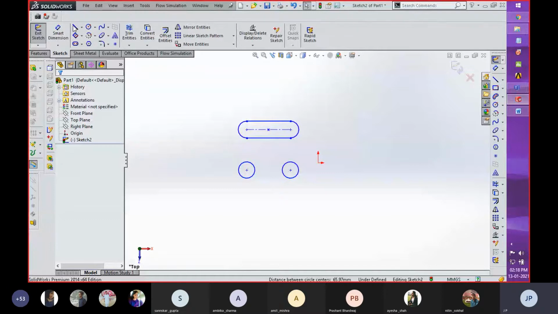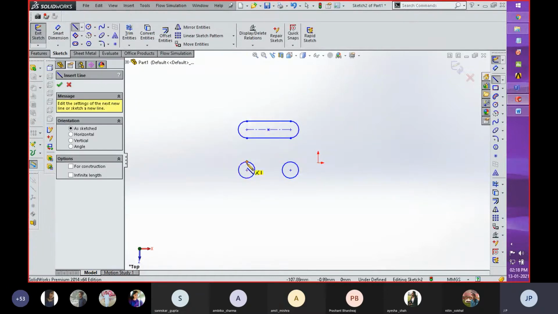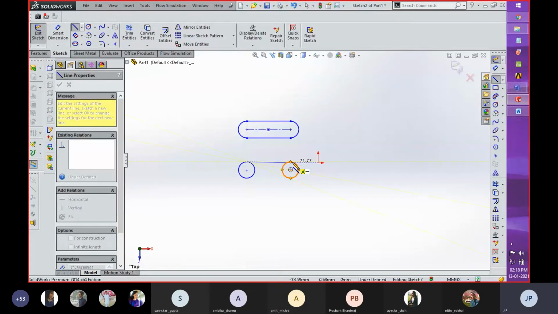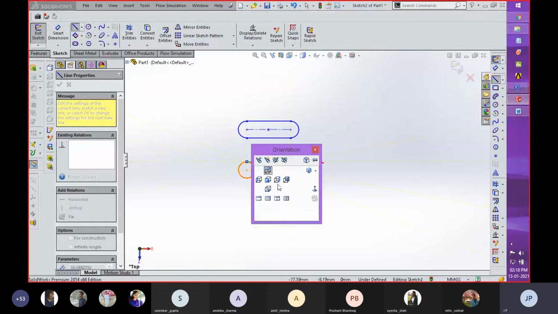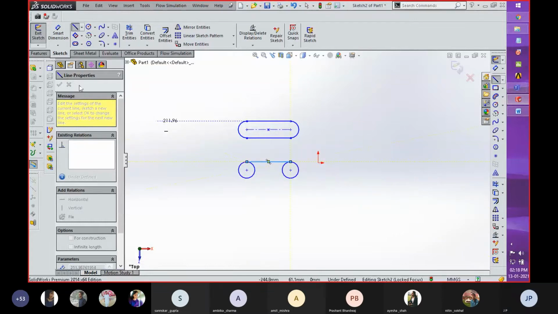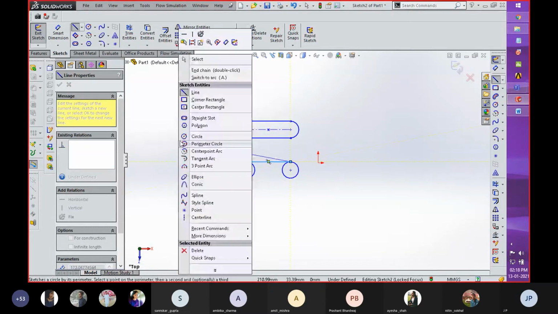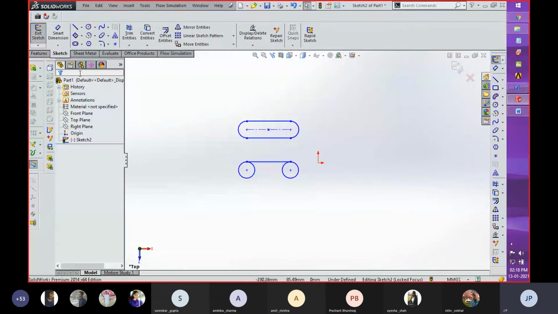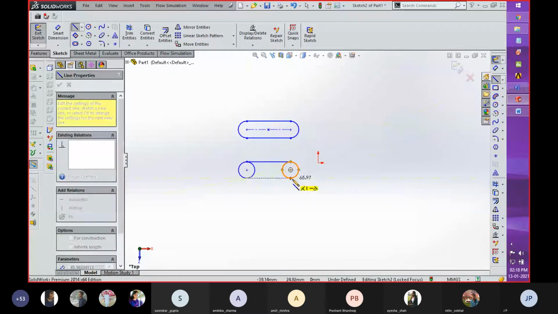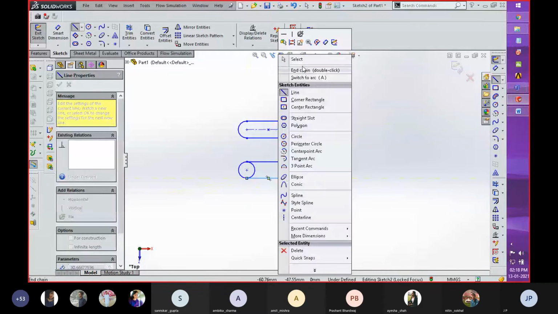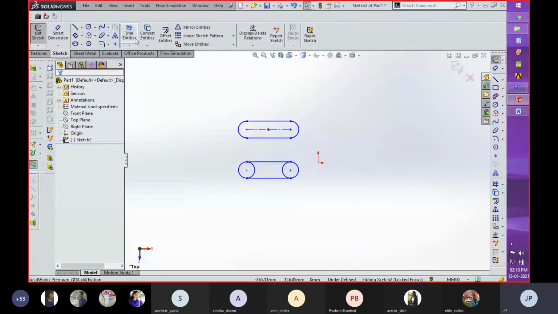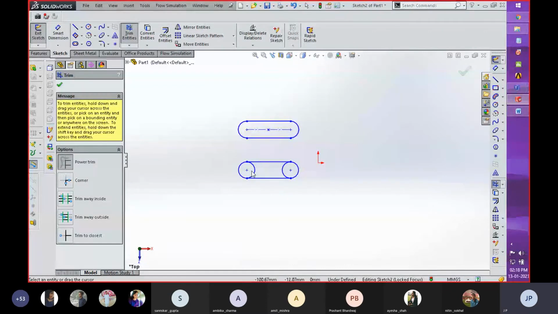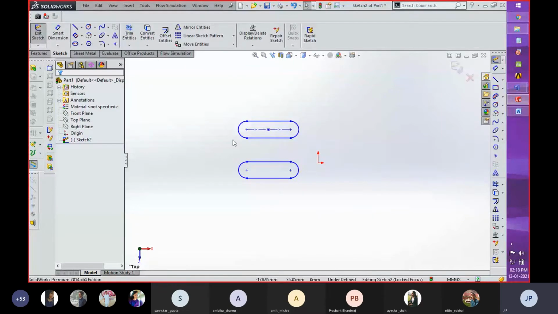Okay. So after that, you have to just select the line toolbar and then create these lines, and then again the line toolbar, and then at last what you have to do, you have to trim these lines. So in such a manner, you will see that with the use of four commands, or a four-step manner, you created this slot.